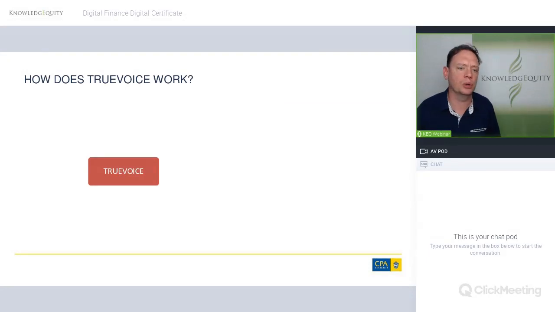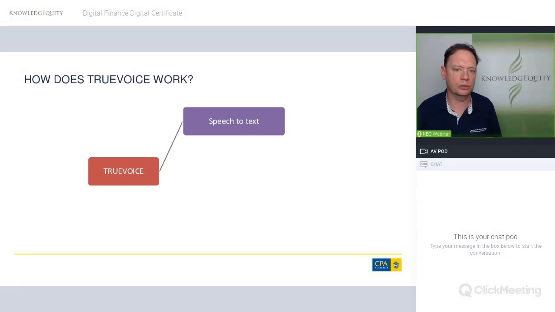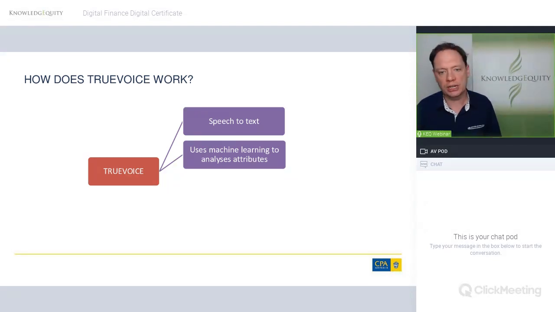So they ended up talking to Deloitte, and Deloitte had a product called True Voice. Now, what does this product do? It takes speech and puts it into text, and that's relatively straightforward tech these days, as amazing as that is. Then it used machine learning algorithms to analyze attributes. And here I'm talking about things like the tone, the amplitude of the speech, non-semantic communication, the pitch, those sorts of aspects that enable you to start to understand or profile the particular conversation that's occurring.